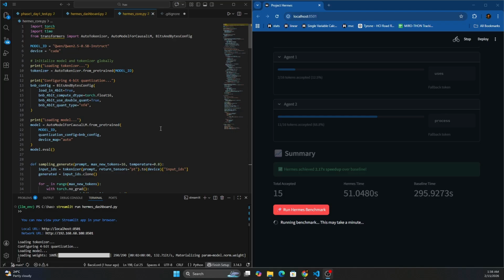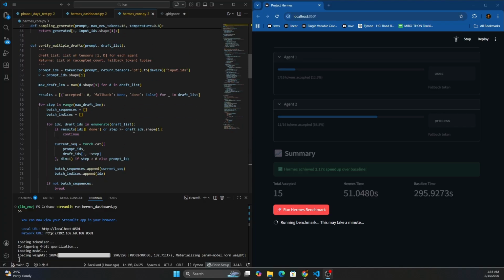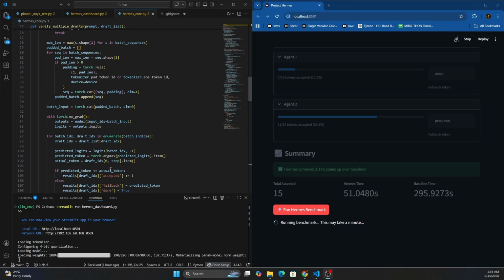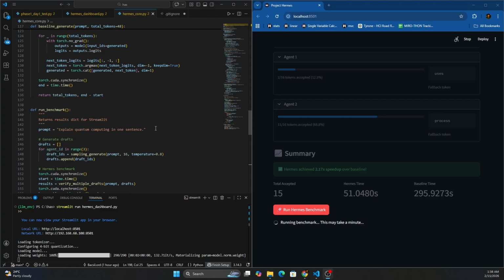Hi friends, I'm going to demo Project Hermes: what it is, what it is not, how sampling is generated, the core idea of Hermes, how it is faster, and how it compares to baseline generation of tokens. All right,